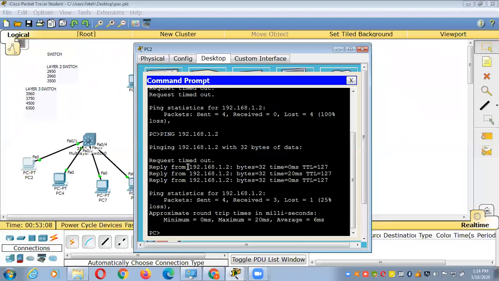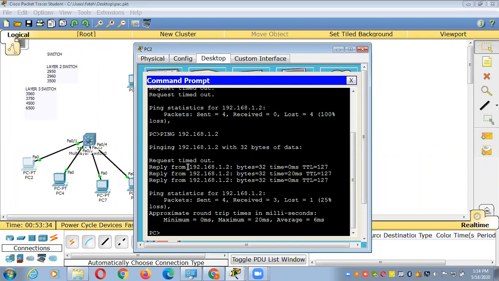But I have one last doubt, sir. Is EIGRP the only protocol that we can use to enable IP routing on a layer 3 switch? Is there any other protocol we can use? Yeah, you can enable any routing protocol here, but before enabling a routing protocol, you should enable the IP routing service there. Any of the protocols you can enable here.